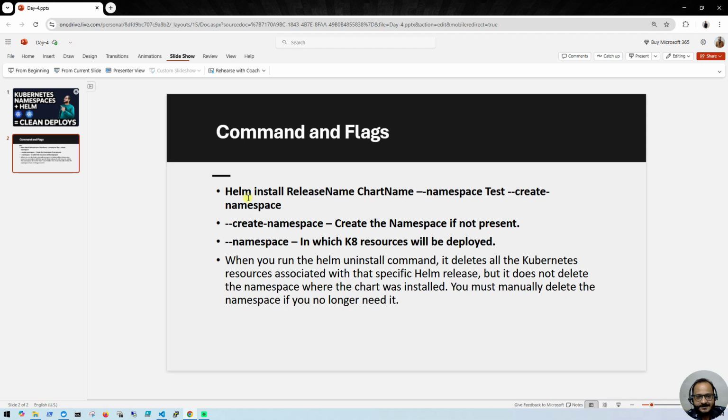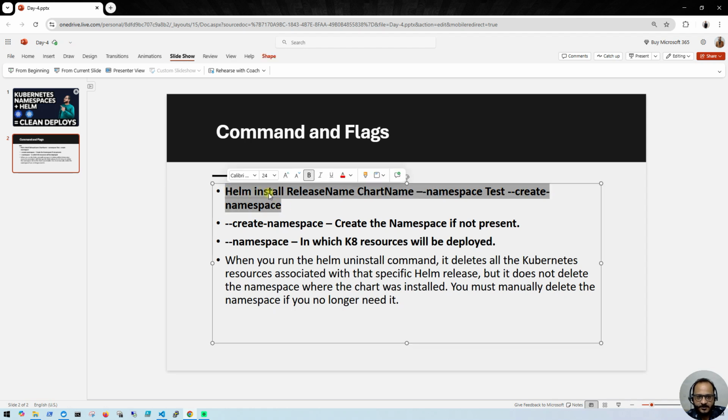So this is the simple command which we can use to deploy our Helm charts on a particular namespace. So what we are going to do with this command? Helm install and release name, you can give any name for your chart which you are going to deploy on Kubernetes clusters. Then this is the chart name, which chart you want to deploy, and here we have hyphen namespace test. So it means it is going to deploy this Helm chart in the test namespace, and then we